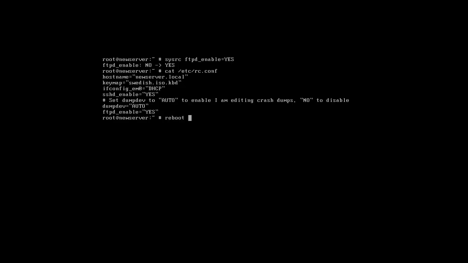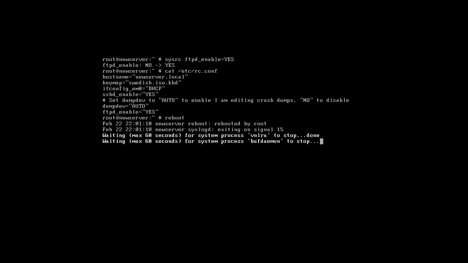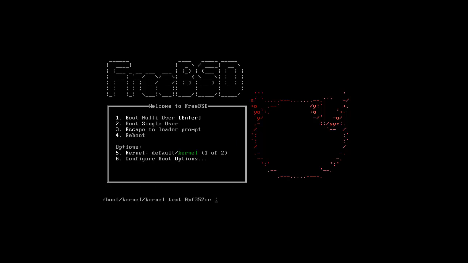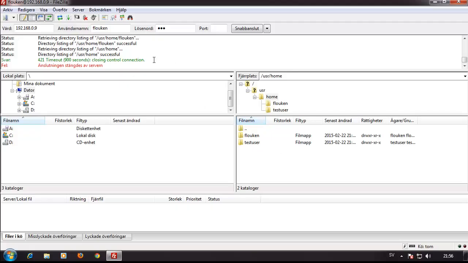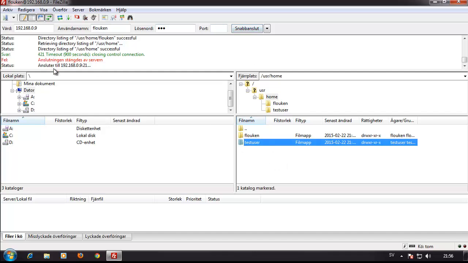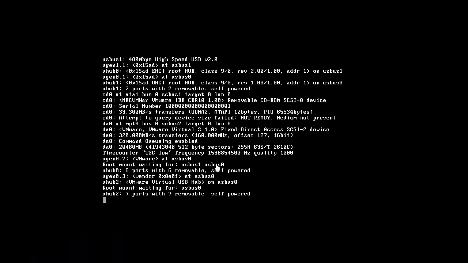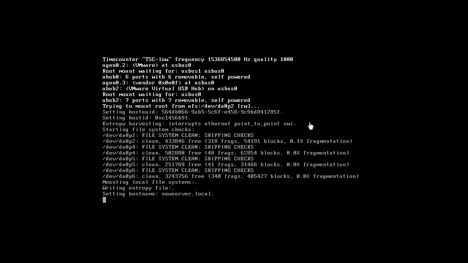So if I restart the system now, after it started, it will read rc.conf and check that FTPD should be enabled because it says yes there. So this means that it will start the daemon automatically during boot. So we restart the server and I will show you what happens then. If you see here from the Windows side now, it says that my connection is disconnected. If I try to update here, you see it's trying to connect but not working. So if we go back to the server now,